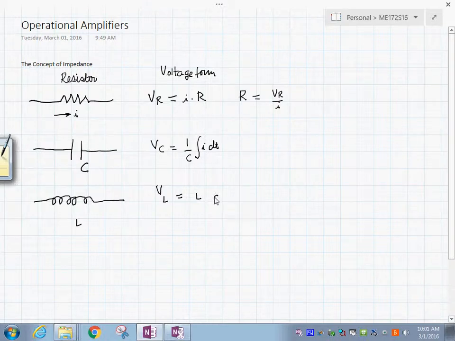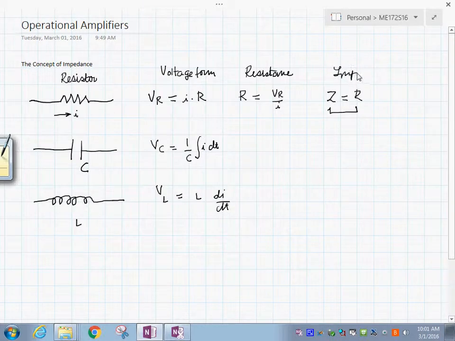so in here this R is the form of the impedance. We're going to call it Z. So Z is like R in here. Z, the impedance. So this we call the resistance form, and then the impedance form. Okay. If you apply the Laplace transform to this,